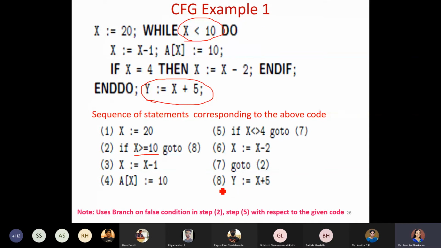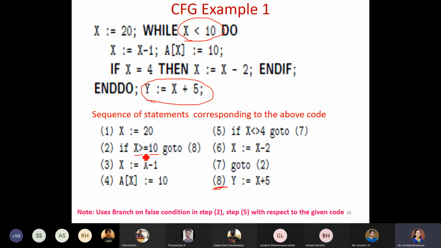I have written it in the expression, that is label 8. So if x is greater than or equal to 10, go to 8. I have numbered each and every expression and I am writing it. So I can't use a loop here because we don't have any looping statement as such. All the looping statements would be converted into a simple if statement, and by using labels I would be mapping it. Okay.